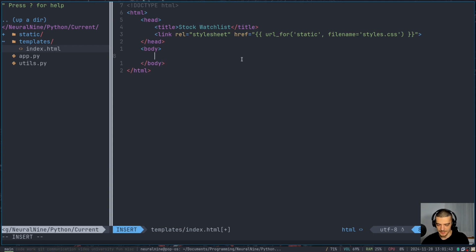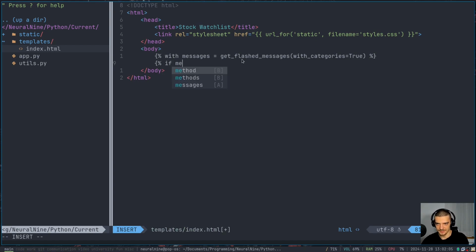For this, we're going to say curly brackets, %, and then with messages being equal to get_flashed_messages with categories equals true. So this is for our info, success, and so on. If we have a message to be displayed, so if messages, for category and message in messages,